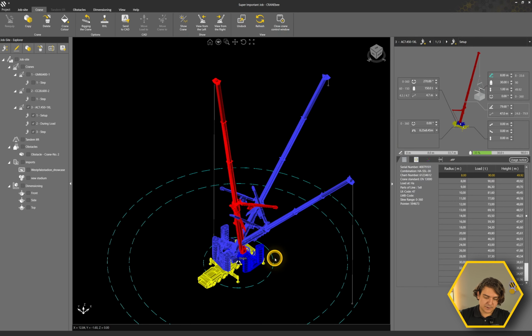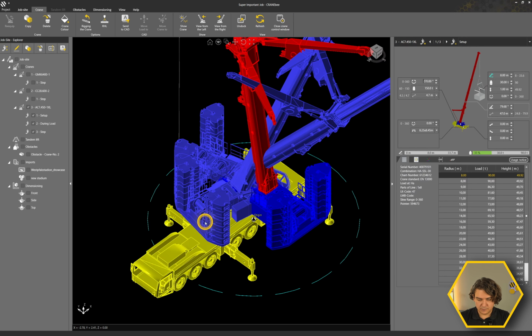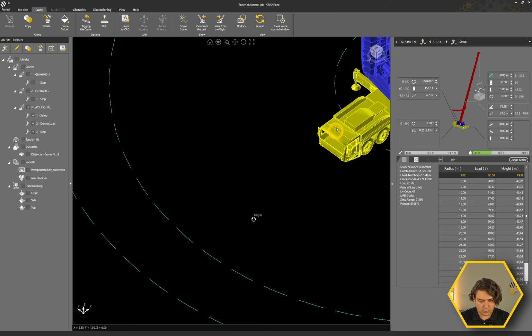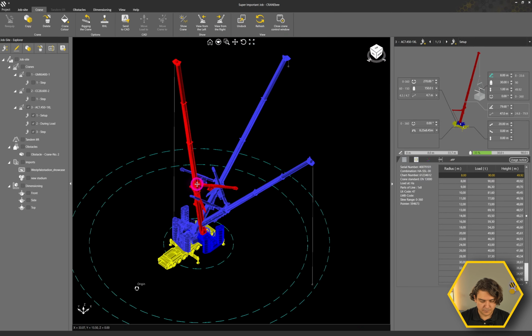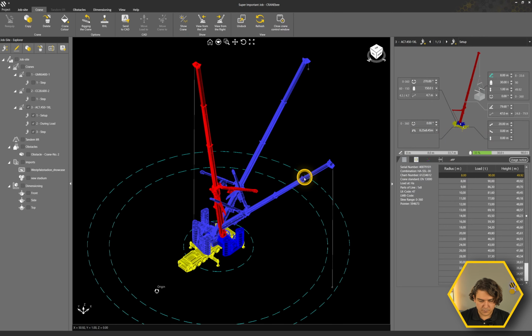One big thing to keep in mind, for mobile cranes especially, is that if you have one crane with several steps, they always have to be at the same position as the other ones. So if I put this crane at 20 meters somewhere else, all the steps follow, because this crane obviously cannot drive during the job. Right, so we moved the crane, we created new steps, and we can change the steps by going to the different arrows at the top. We can also click on the number and select another step.